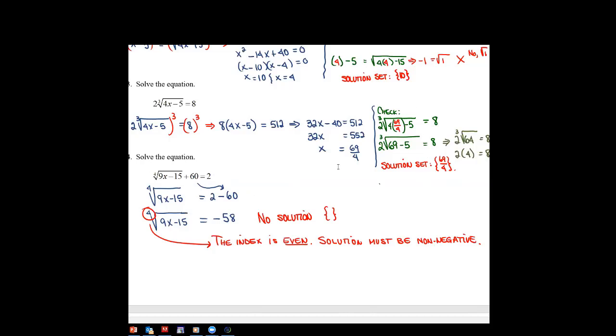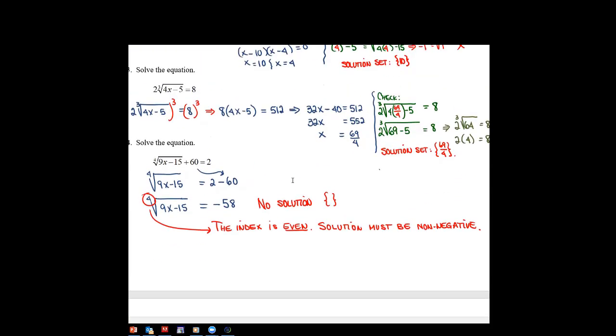Again, all these you should really sit down and try to do on your own and check the answer with the way I'm showing you. This last one, the root is 4. So it doesn't have to be a square root. It could be a higher root. In this case, you have to raise both sides of the equation to the power of 4, because the index